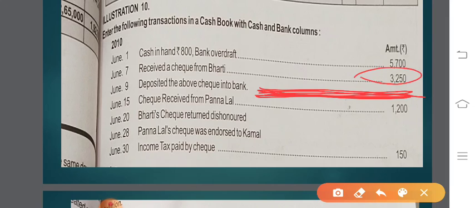the 3250 only, which is the amount that we have received from Bharti. Right, students? Now we have the next point,